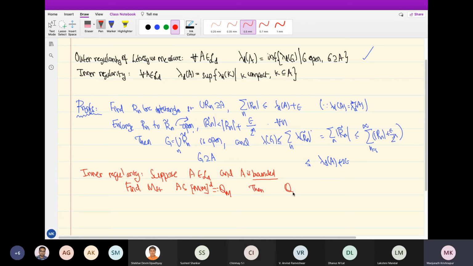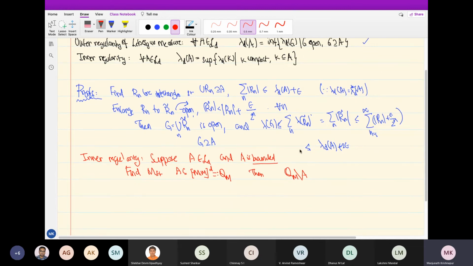Then you look at Qm minus A. It's like a complement of A. The thing is, we want to say complement. See, I want A to contain a compact set, right? So what I will want to do is I just take a complement which is contained in an open set. Then I take complements. That is one way I get a closed set inside A. But here is just, let me write it out. Qm minus A is,